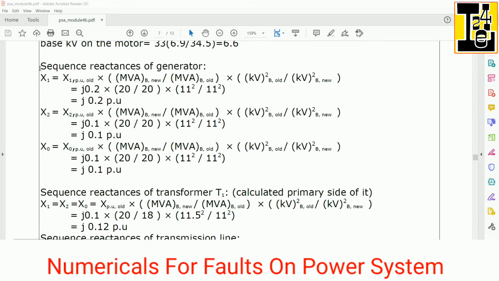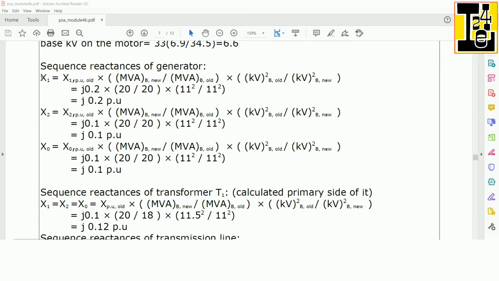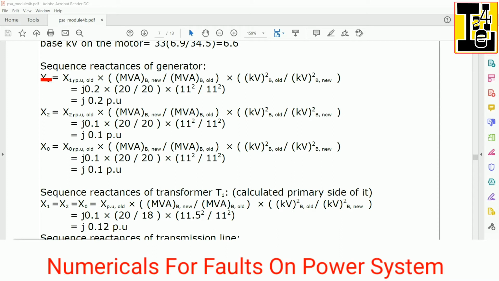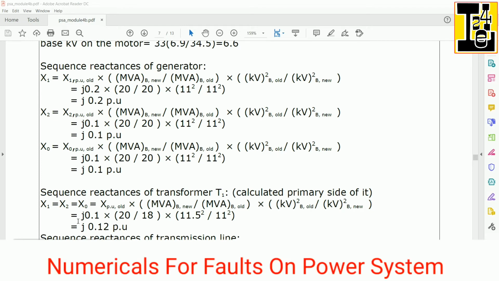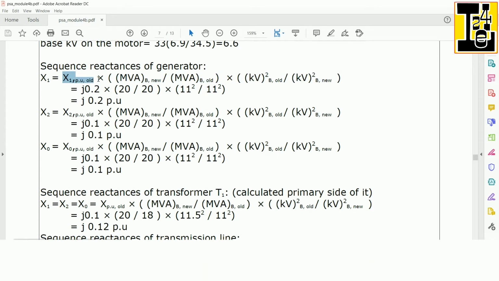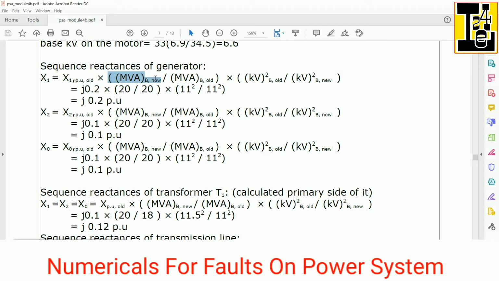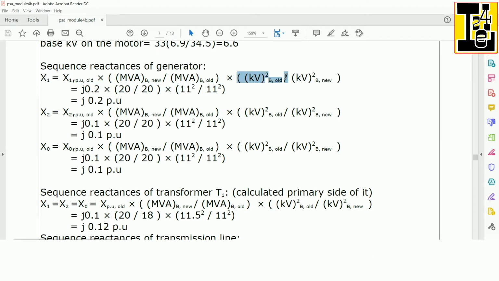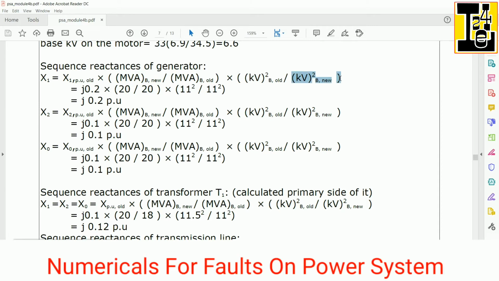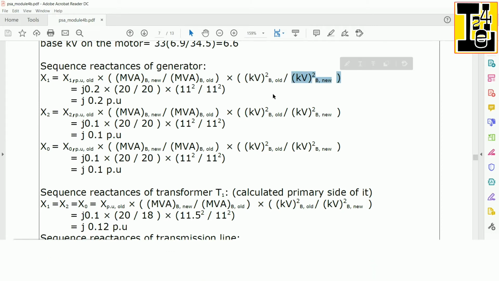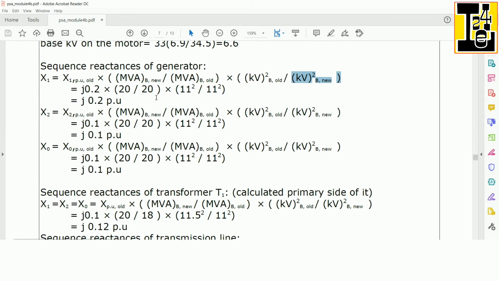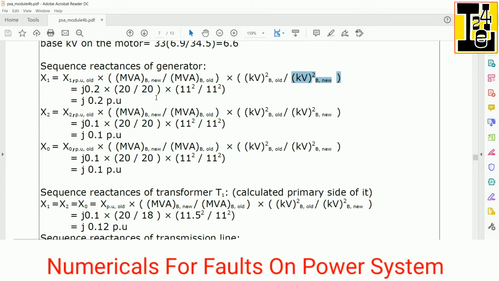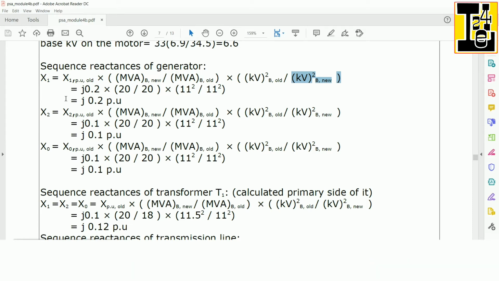Let us calculate the sequence reactances of the generator. X1 new is equal to X1 per unit old into MVA base new divided by MVA base old into kV base old square divided by kV base new square. Substituting the values which we have in the data as well as which we have calculated as base values, we will get X1 is equal to